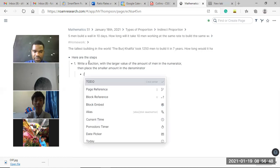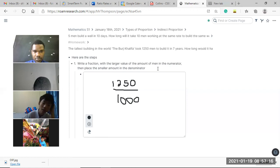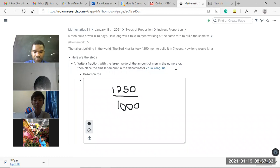So what would this be, guys? Let's draw it. We would have 1,250 divided by 1,000. Can this be simplified? Can anyone simplify this? Yes, sir. 5/4. So he's saying it can be simplified. And as I explained, the reason why we're using it as a fraction is because based on the principle of ratios,